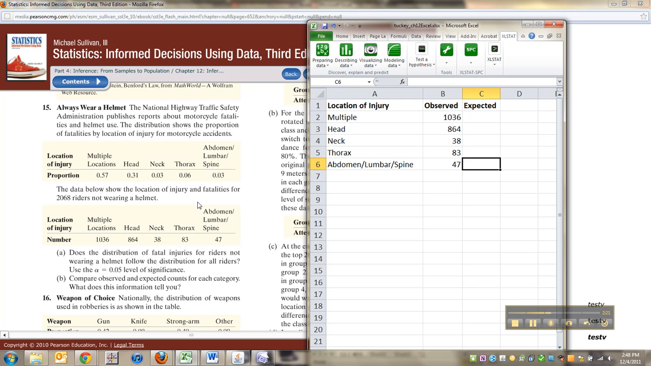Now, what did we expect to have happen? Well, according to the distribution, it should be 0.57 times, well, we're looking at 2,068, right? So it'll be 0.57 times 2,068. And then it'll be equal to 0.31 times 2,068. Then it'll be equal to 0.03 times 2,068. And it'll be equal to